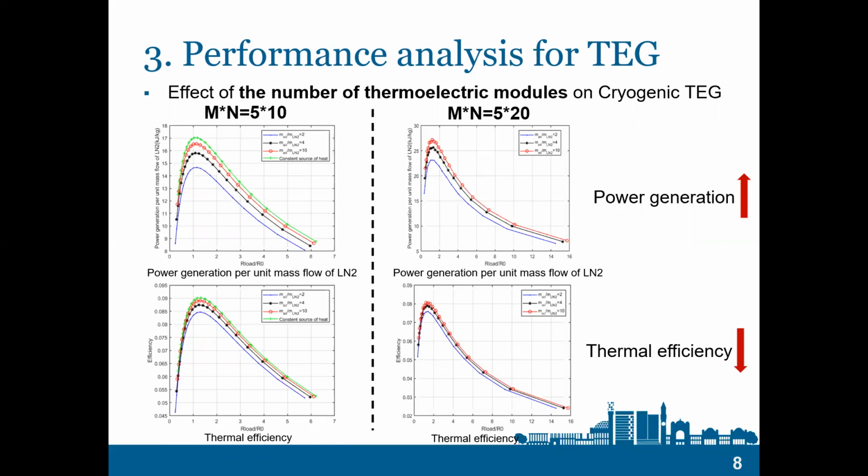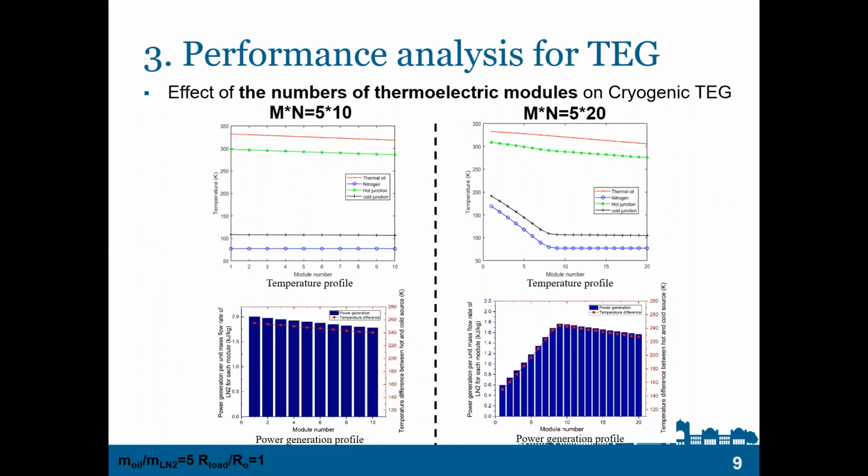We increase the number of modules from 50 to 100. From these two figures, we can see that when 100 modules are used, we have a higher power generation but a lower thermal efficiency than with 50 modules. To explore why we get these results, we analyze the temperature profile and the power generation profile of the